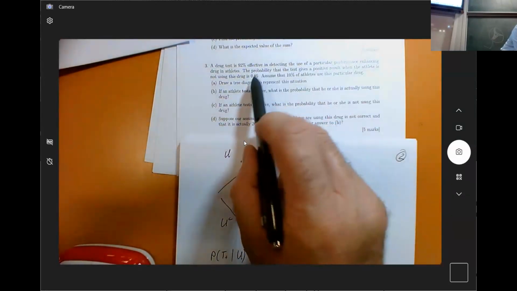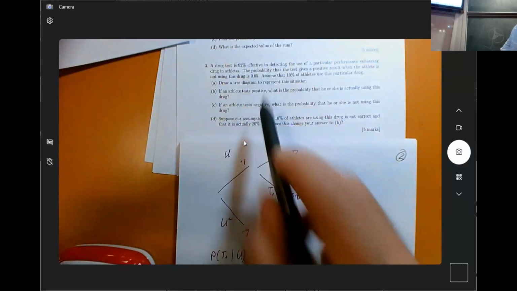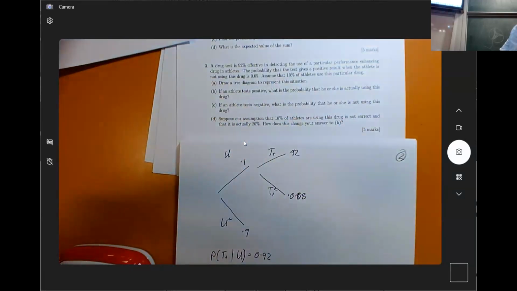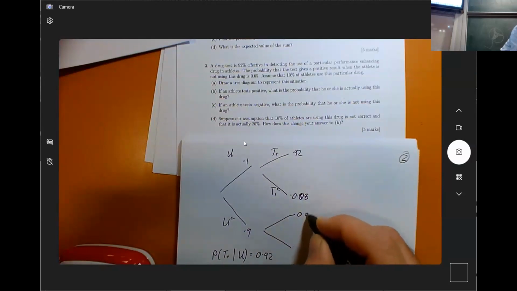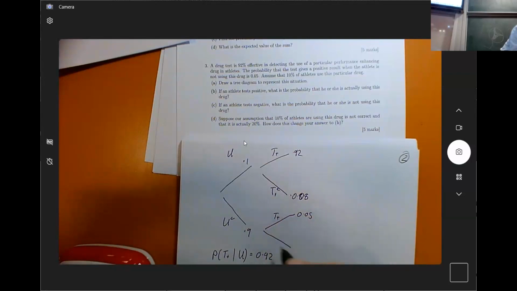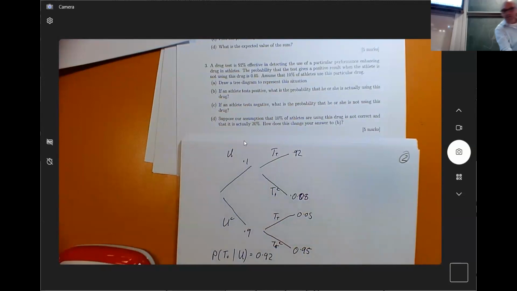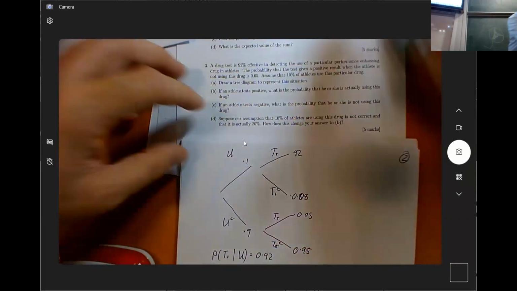Okay, so this next piece of information that says 5%, that is the probability of testing positive given that we are not using the drug. And so that's this probability here. And so we've got test positive complement, and so this is 0.95. Okay. So,